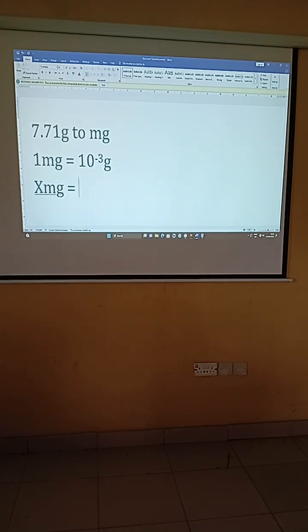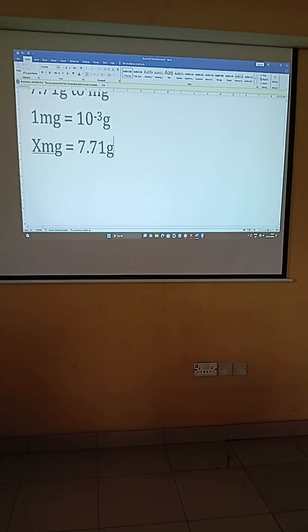I think it's easier for you to understand like this. How many milligram gives us 7.71 gram? So if 1 milligram gives us 10 to the power minus 3 gram, how many X milligram will give us 7.71 gram? If we cross multiply these, we'll see that